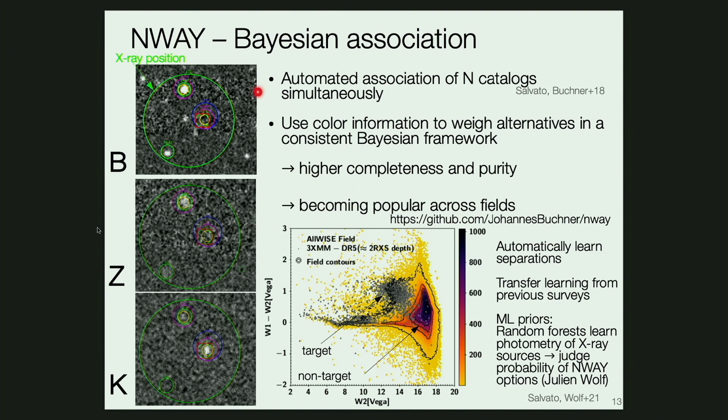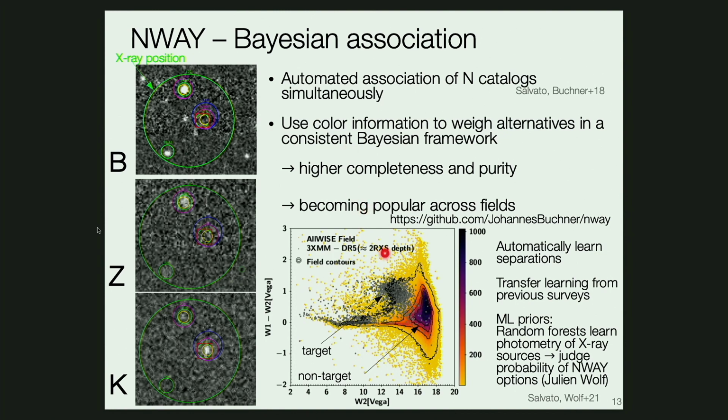So usually we have in the X-rays quite a large uncertainty of our position, and in the background you see the images in the B, Z, and near-infrared K band. And now the question is, which of those objects that you see there is the right object corresponding to that X-ray source? NWay enumerates all these possibilities, and it allows you not just to use the distance of these objects to assign a probability, but also to use multi-wavelength information, what might be the likely counterpart. And so here you see a plot of WISE colors versus WISE magnitude of X-ray sources in gray,